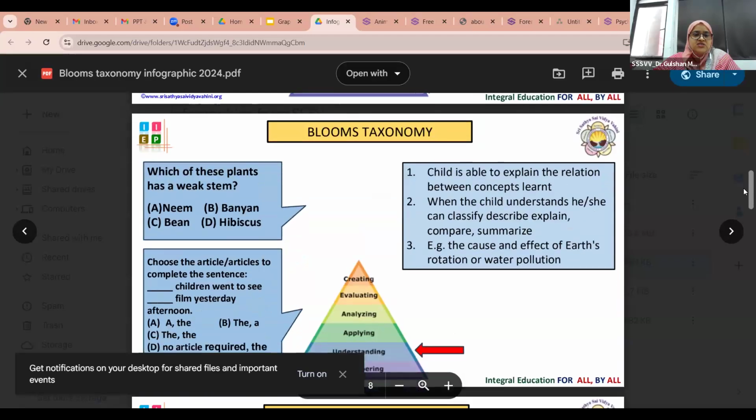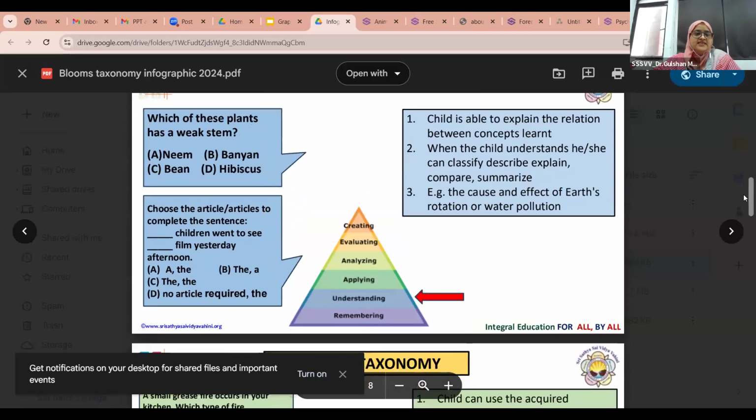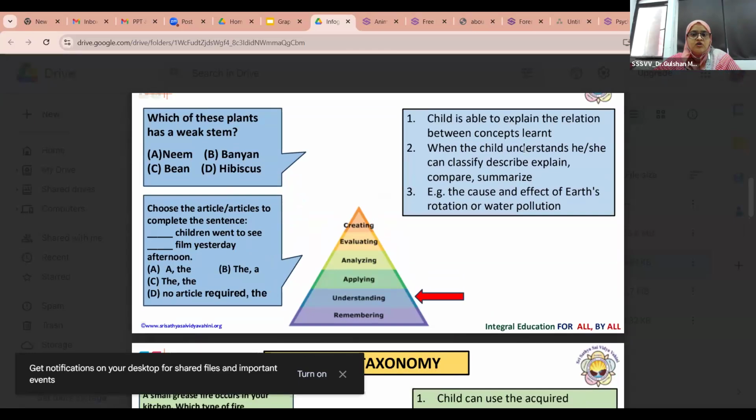And these questions are short questions. You can see, short and very simple questions like which of these plants has a weak stem. So it is a very simple question, and the objectives are also given here on the right hand side. The child is able to explain the relation between concepts learned. The second objective is when the child understands, he or she can classify, describe, explain, compare, summarize.